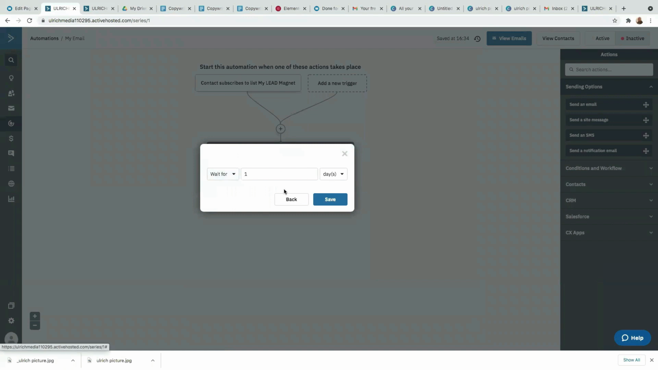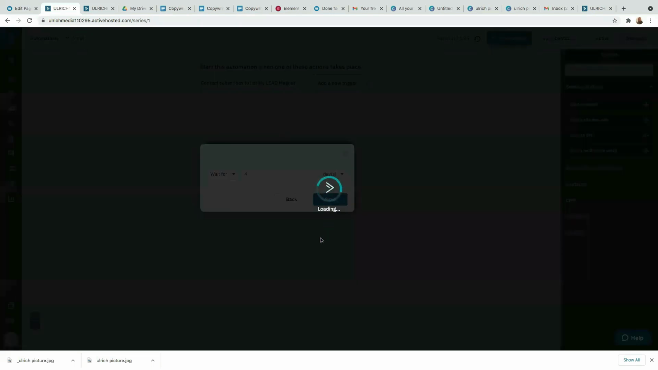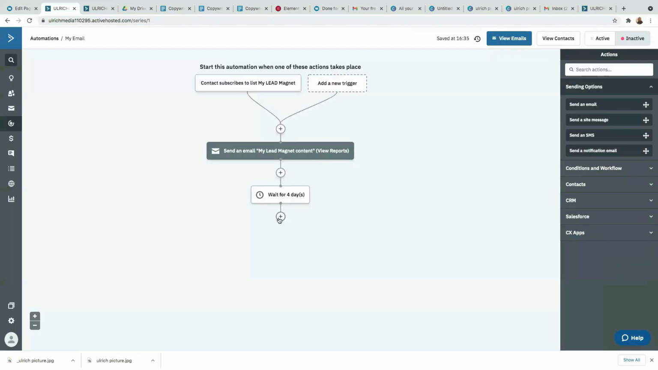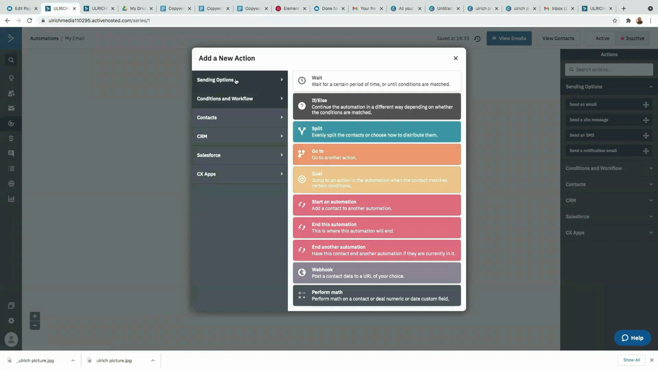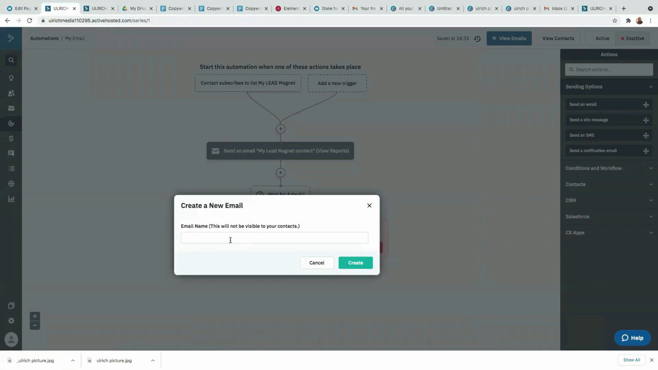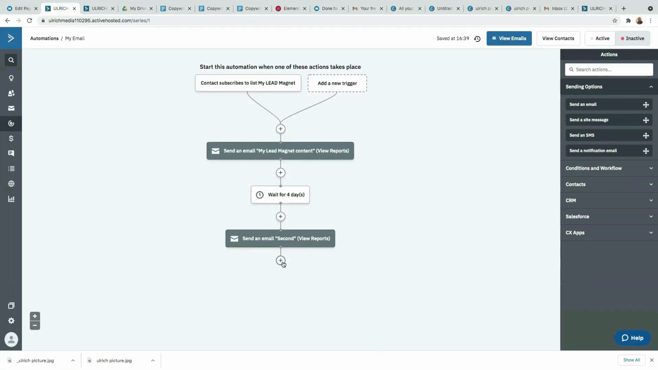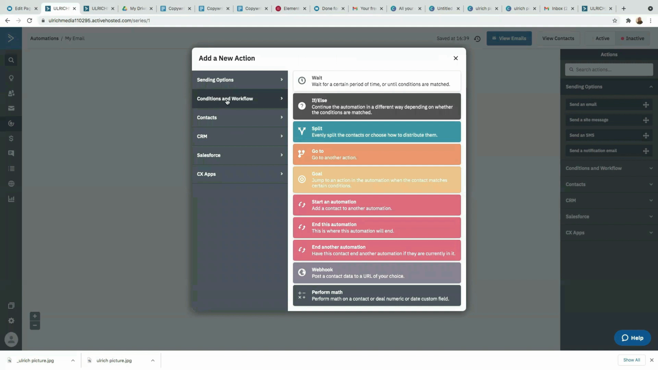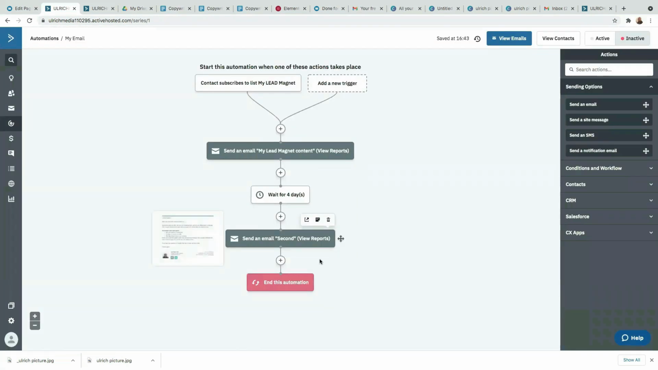I need to wait for a period of time. I'll wait for 4 days and then I'll send them another email. So wait for 4 days, send them another email. Just click here on send. Create a new email. Then I'll click here again, click on condition and workflow and click here on end this automation. So basically the automation will now end